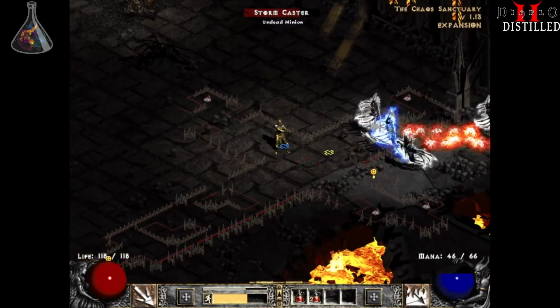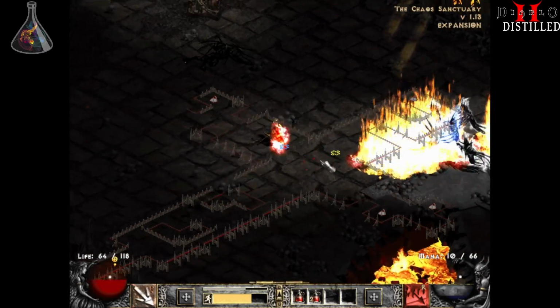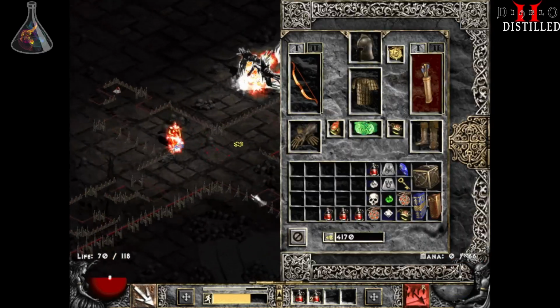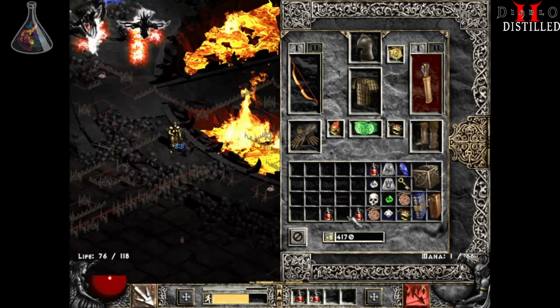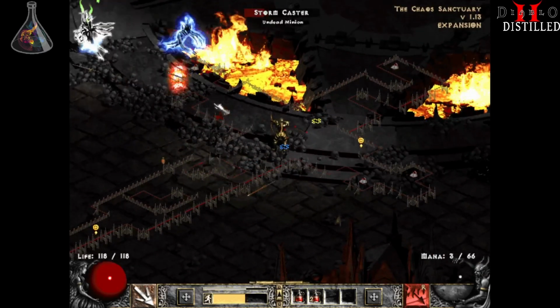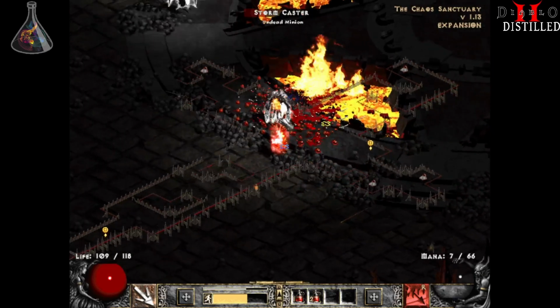Let's do something like this. And if we can get rid of the little dudes, maybe we can get rid of the little dudes. Like, these are Stormcasters. Why aren't they, like, you know, lightning immune? Wouldn't that make more sense? They're ghosts that, you know, shoot red lightning. At least I do just enough fire to...